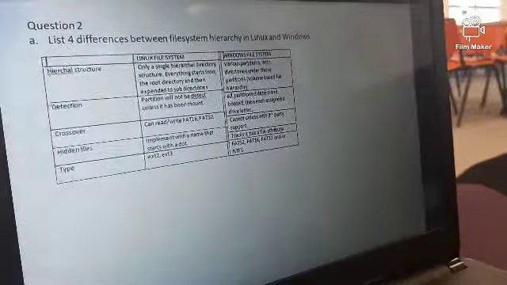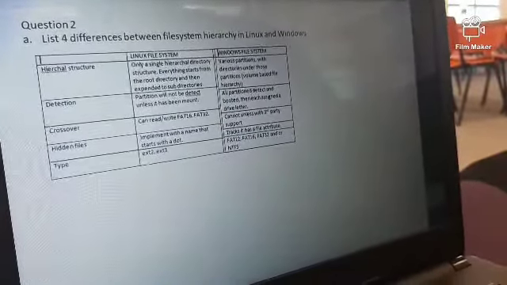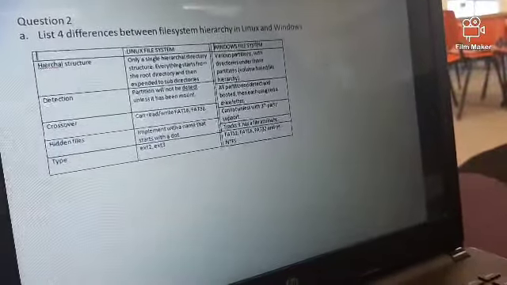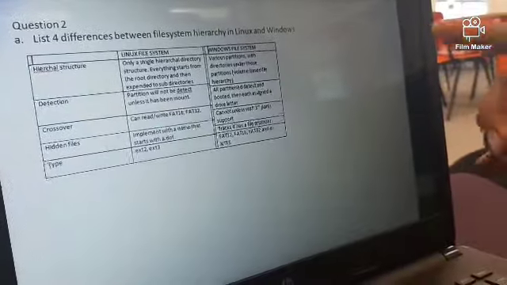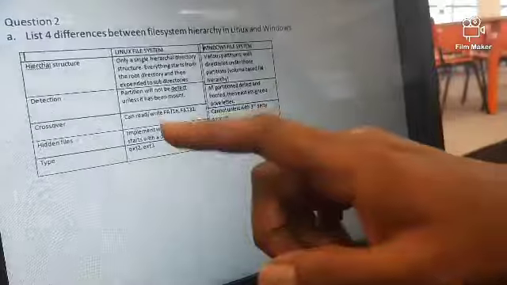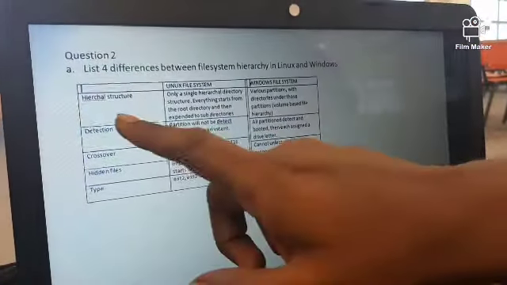And then this is question 2. List 4 differences between file system hierarchy in Linux and Windows. There are 5 differences between the Linux file system and the Windows file system. Number 1, the first difference, is